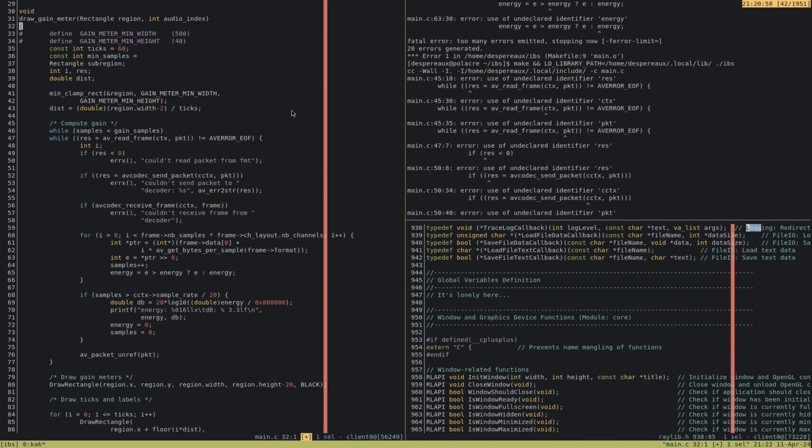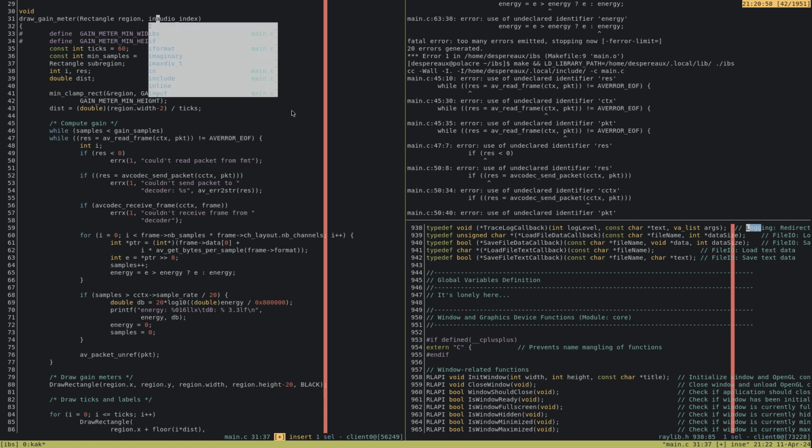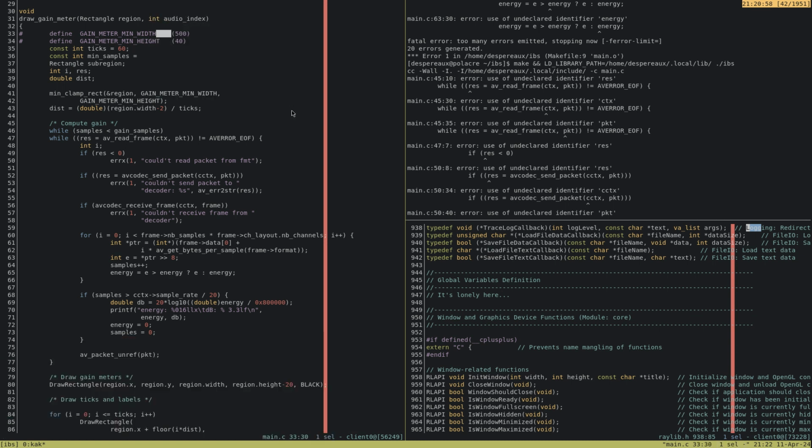Audio index. Or I guess strictly this is a size T. It's not a size T, although, no, it's dumb, but whatever. Because I strictly want min samples to be based off of